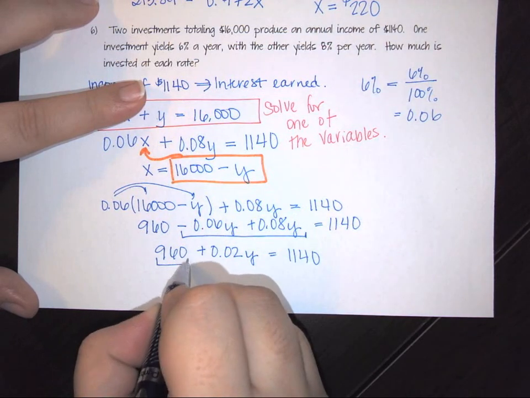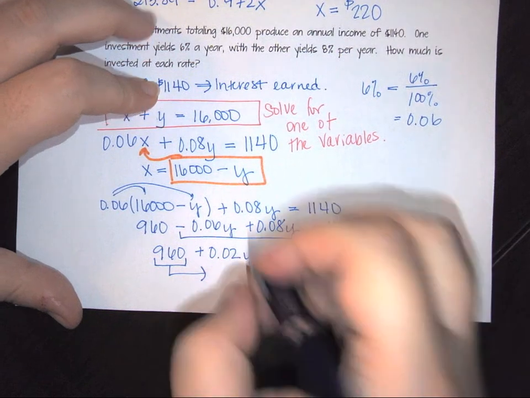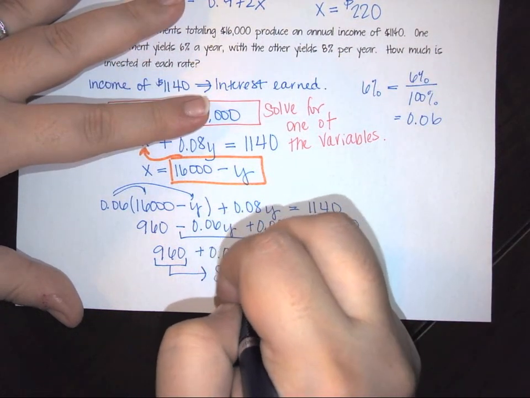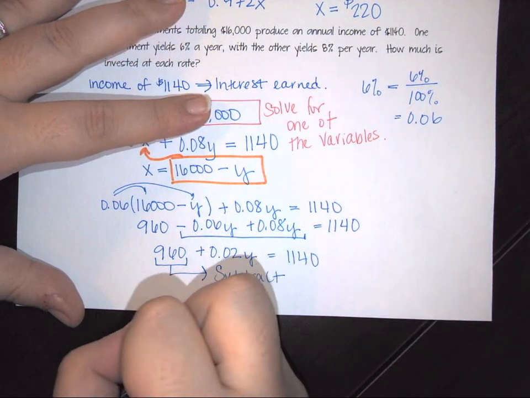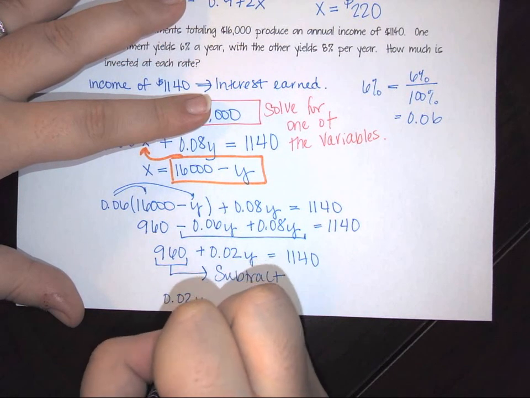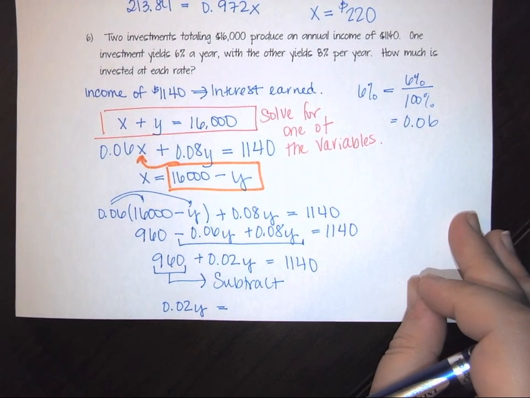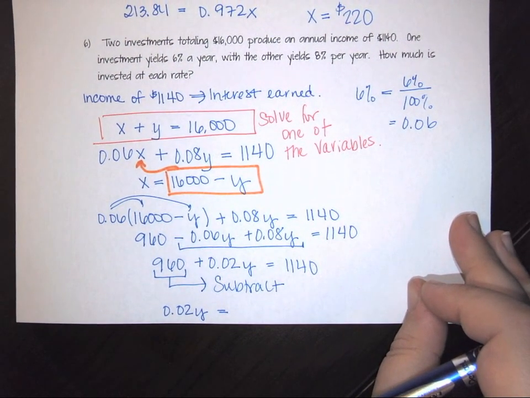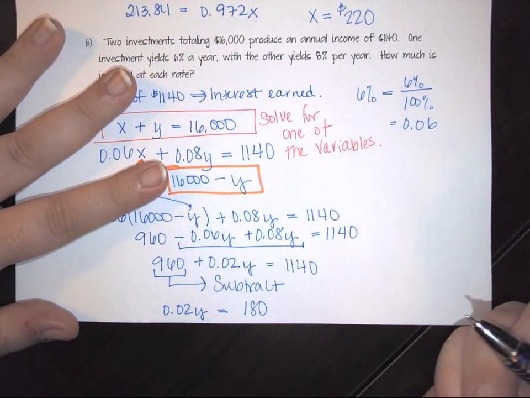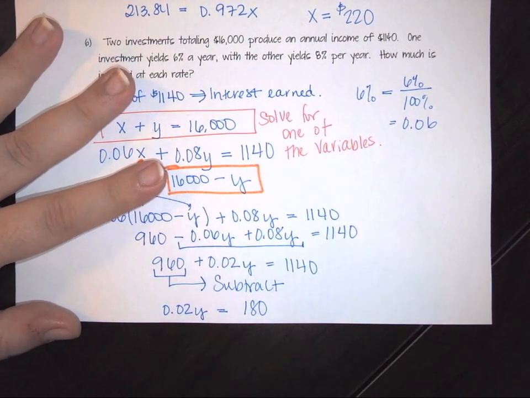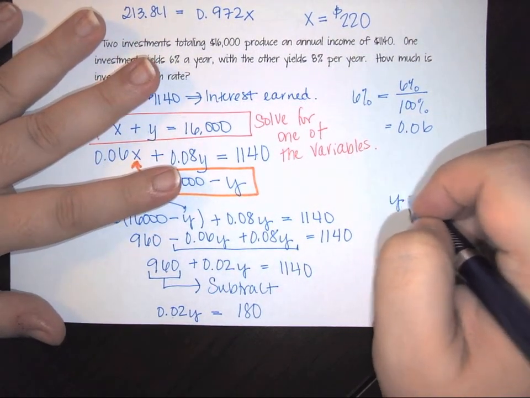I'm going to take this 960 and move it to the other side. Because it is positive, to move it I have to subtract. So I'm going to get that 0.02y is equal to 1,140 minus 960, which gives me 180. I then have to divide both sides by 0.02, so I end up with y equals